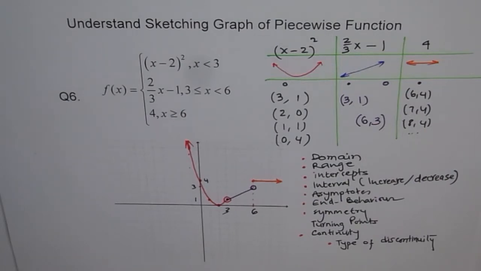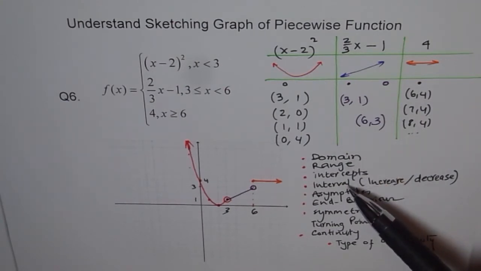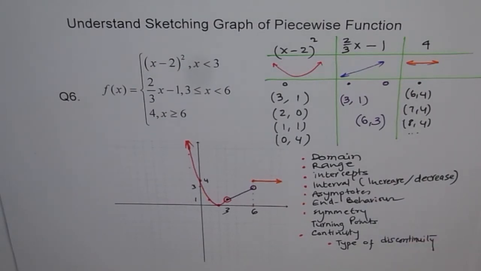In some functions, you can have infinite discontinuity, like 1 over x, right? Where you have a vertical asymptote. In that case, you may have infinite discontinuity. My examples so far may not have infinite discontinuity. I'd like to add some of those in coming sessions, okay? But this is a good time for you to go back and look into these examples 1 to 6 and write for all of them domain, range, intercepts, intervals of increasing and decreasing, asymptotes, end behavior, symmetry, turning points, okay,